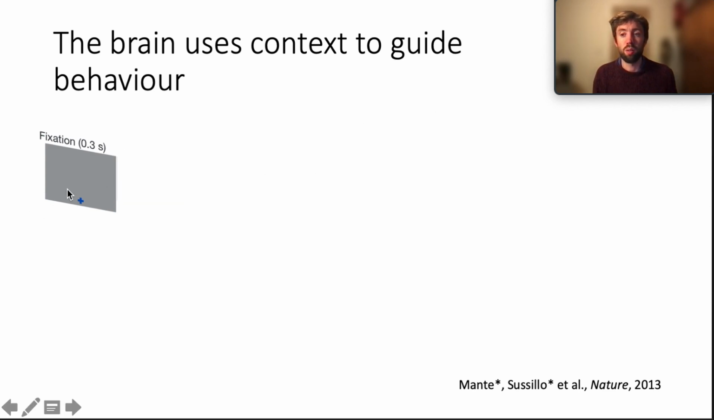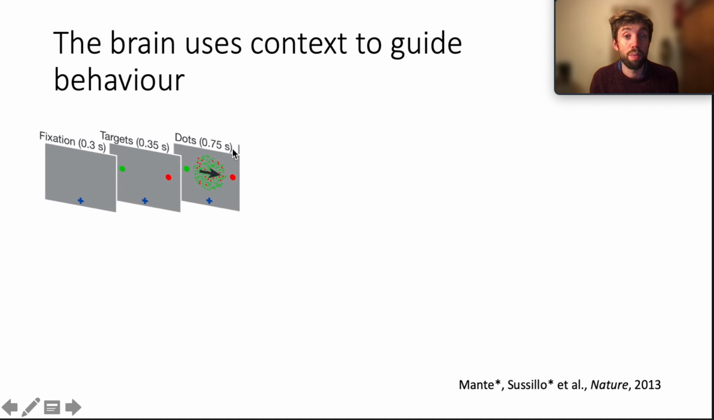Monkeys were trained to keep their eyes on a particular spot marked by a particular shape. This is known as the fixation cross. And the particular color or shape of this fixation cross provided the context cue for the monkey. After about 300 milliseconds, two targets were displayed on the left and right side of the screen, and these were colored green and red. Then for 750 milliseconds, or 3/4 of a second, the monkeys were shown moving dots, similar